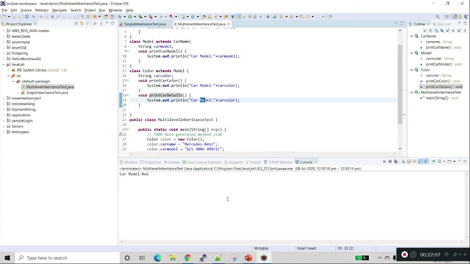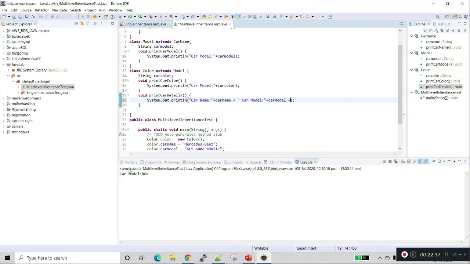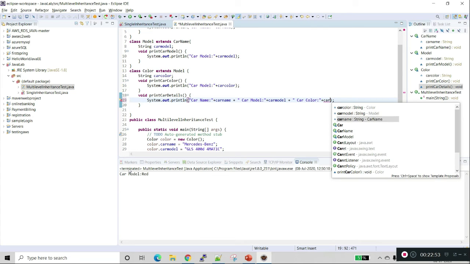So I'm printing car name plus car model plus car color.